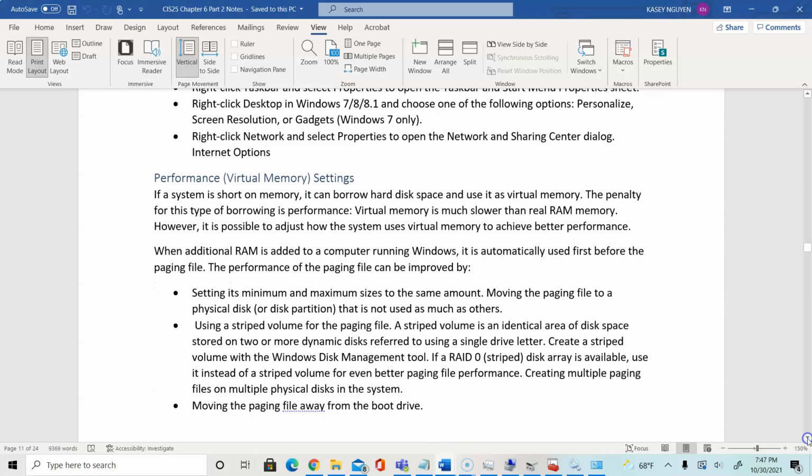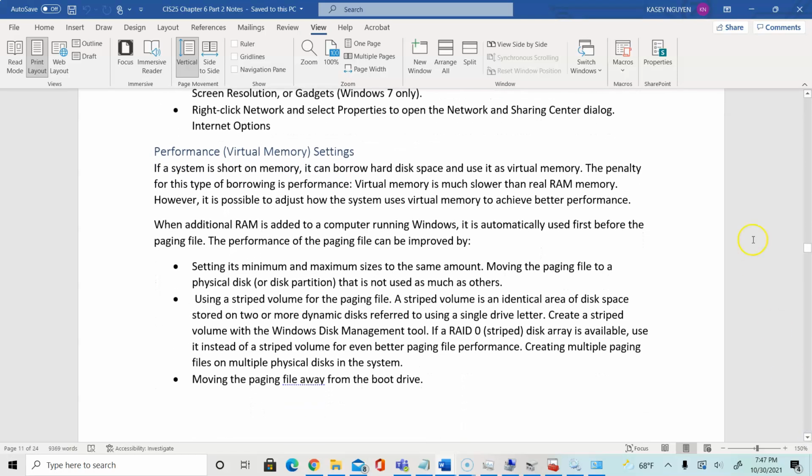So for performance, your system would use your disk space to be able to save a page or a file, and this is referred to as virtual memory. And virtual memory is important in that it will be slower than RAM, but it doesn't take up RAM storage. It uses your disk storage, and it will allow the system to use that to improve performance. You can make adjustments to virtual memory,